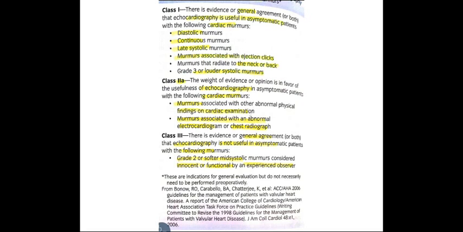And in class 3, echocardiography is not useful in asymptomatic patients with grade 2 or softer mid-systolic murmurs, or murmurs that are innocent or functional. It is not necessary to do echocardiography. Thank you.